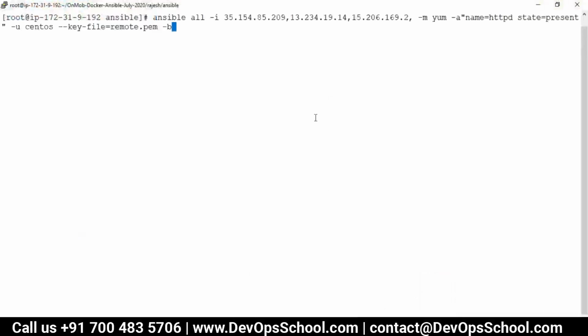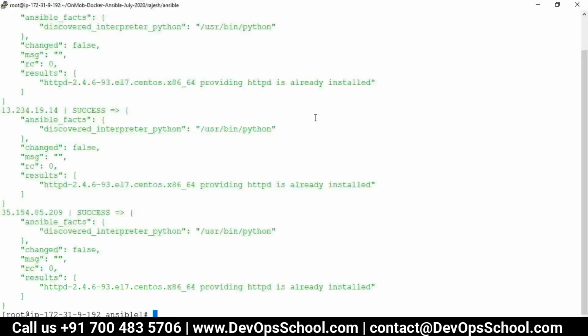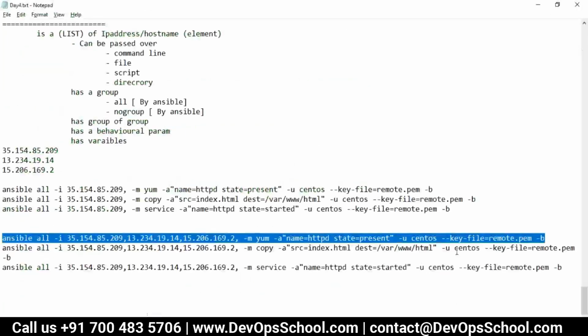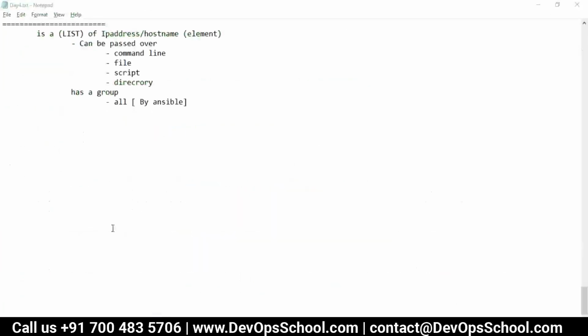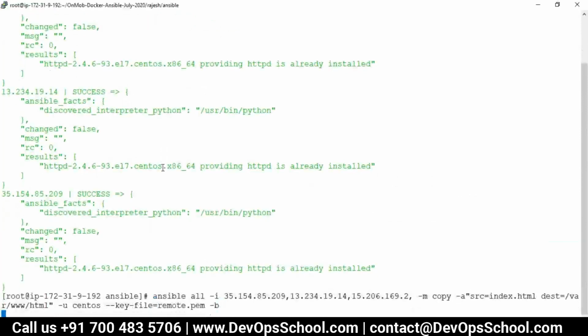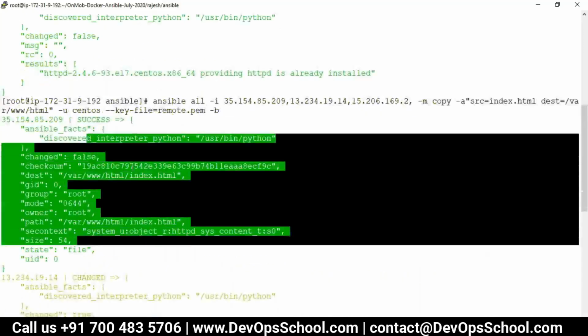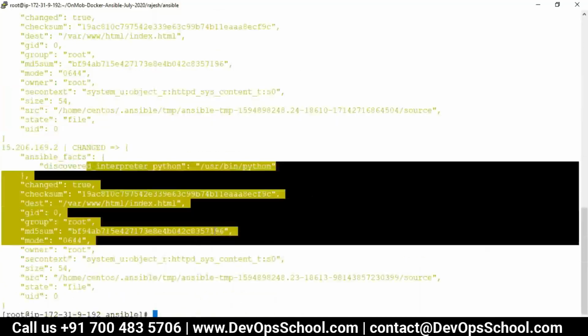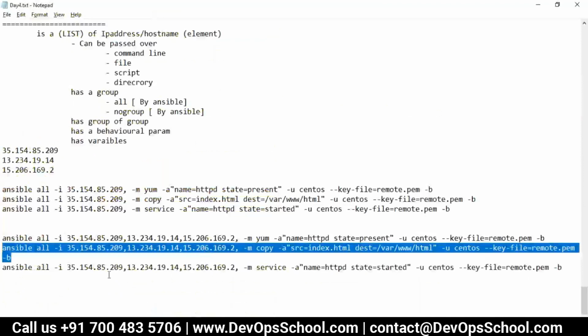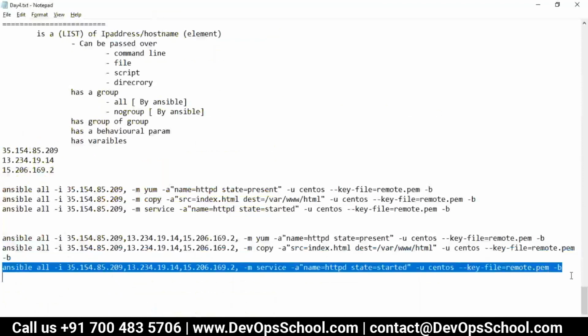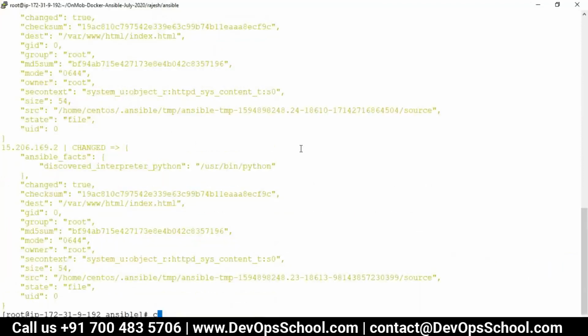Done. See here, I am deploying to all 3 machines at one go. Only one module, done. It was already done by you guys, so it's just confirming to me. It's already up to date. You are not having it, see, one has an index.html, but other people don't have it. That's my index.html, not yours.